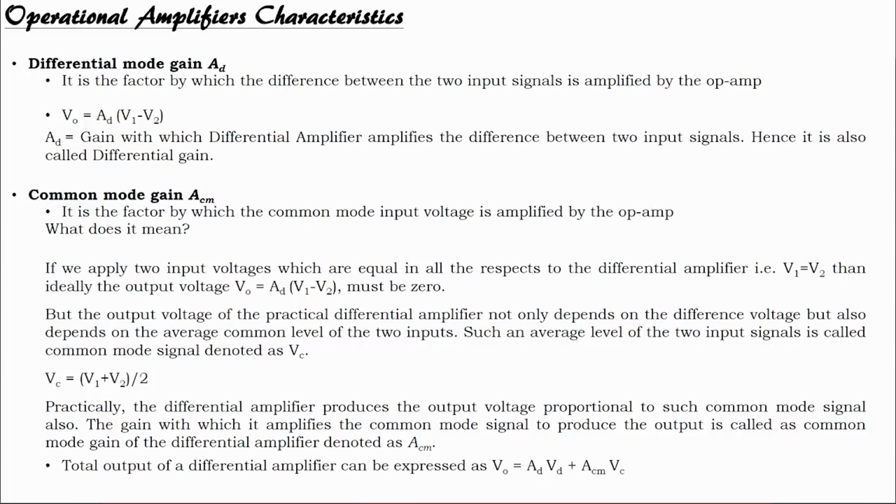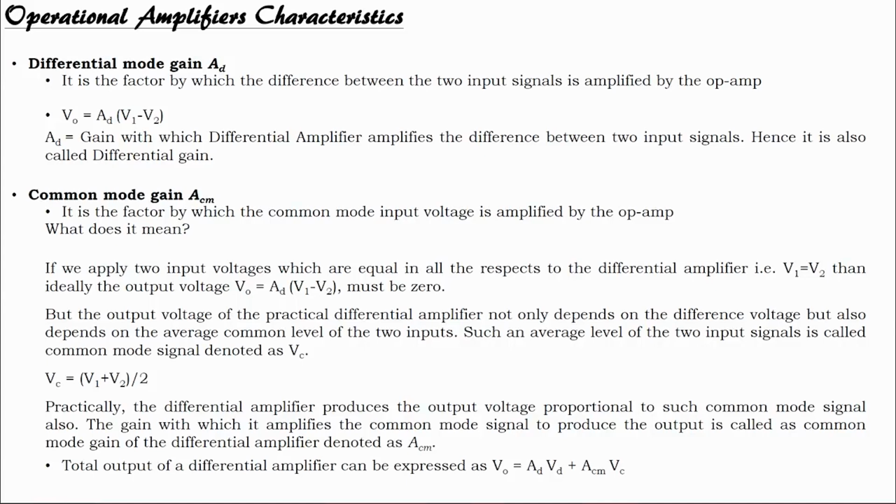Output voltage VO equals differential gain into V1 minus V2, and V1 is equal to V2, so the output voltage should be 0. But in practical op amps, the practical differential amplifier,